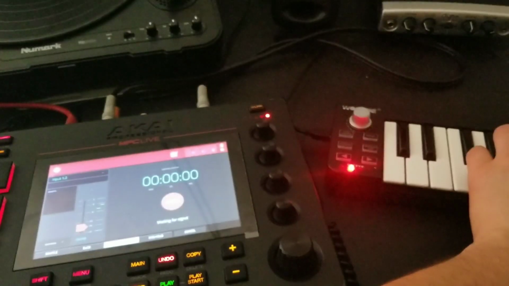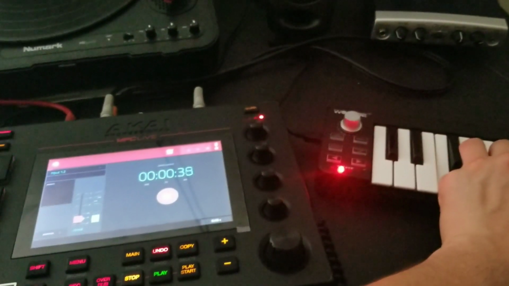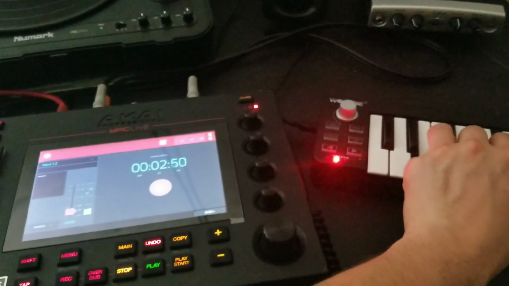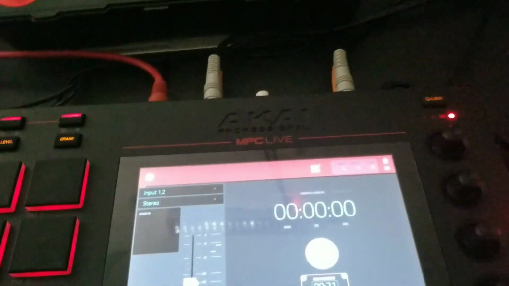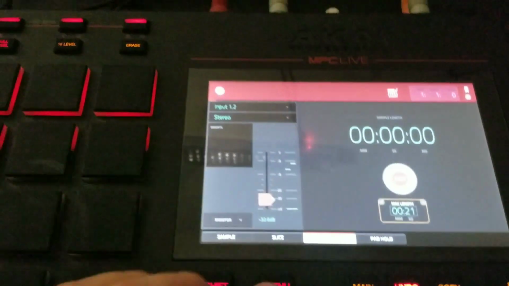So this is going to improve your workflow in 2 ways. It's going to help you make decisions a lot faster and commit to them, and also it's going to improve your timing, which in the long run is going to improve your workflow